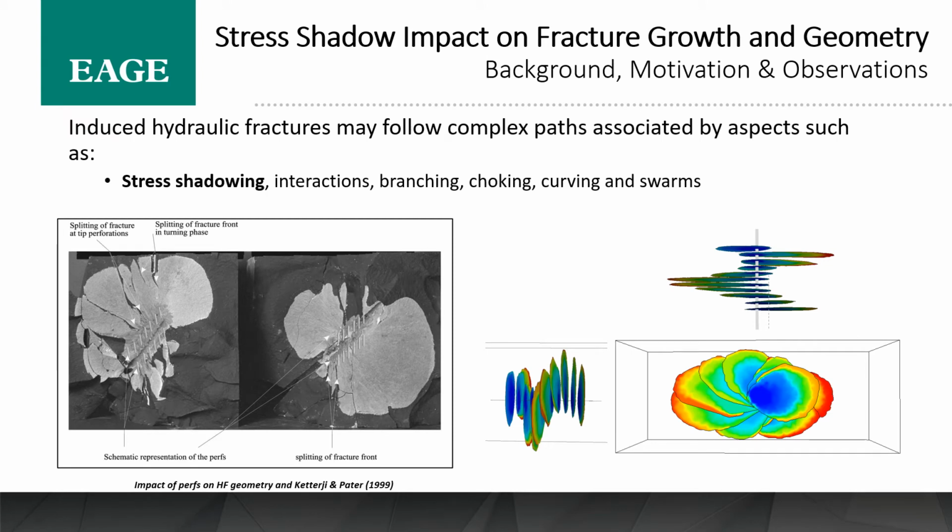Induced hydraulic fractures, as many of us know, follow complicated paths. Different aspects can contribute to this complexity, including stress shadowing, interactions, branching, choking, curving, and swarms, as well as many other influences. Two demonstration cases I've got on the screen here is a lab scale type test here